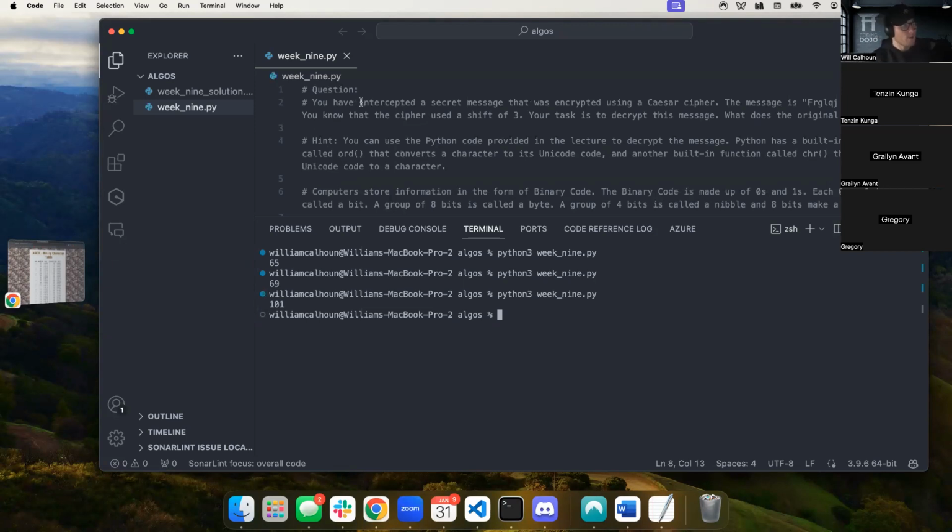It says we have intercepted a secret message that was encrypted using a Caesar cipher. This message is this one right here. You know that the cipher used a shift of 3. Now what that means is